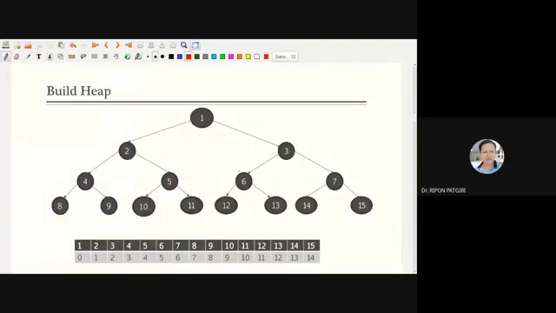So this is my root node, and this is the total number. From where should I start building the max heap?